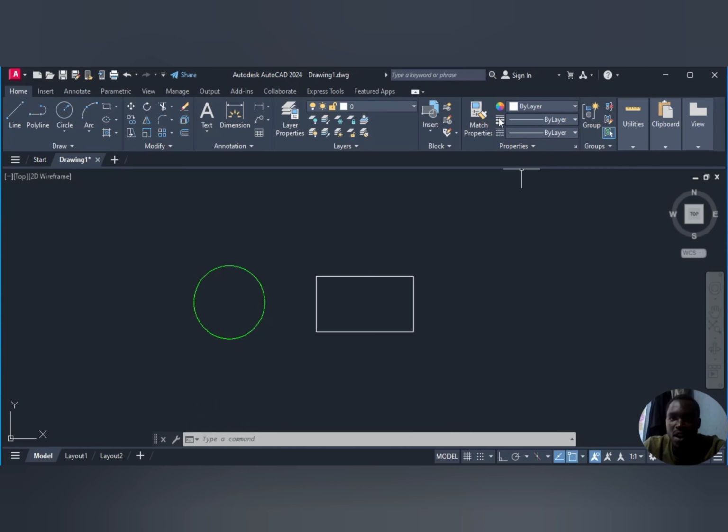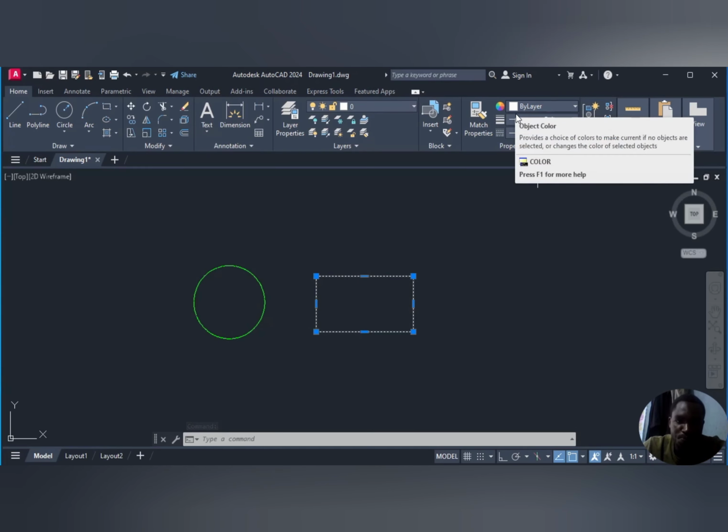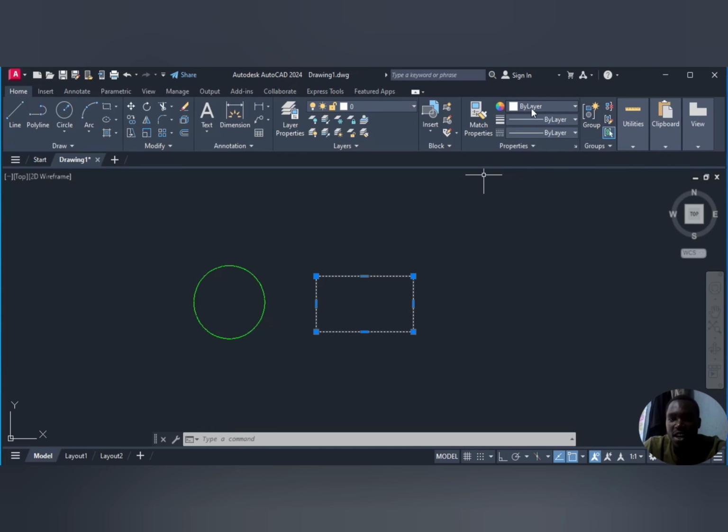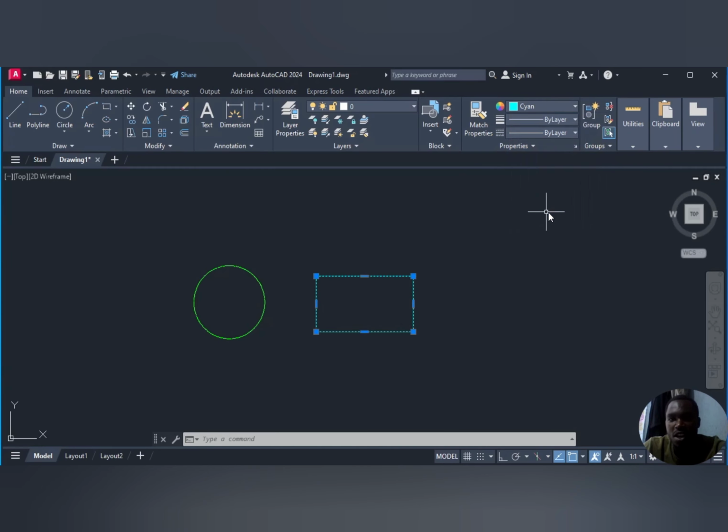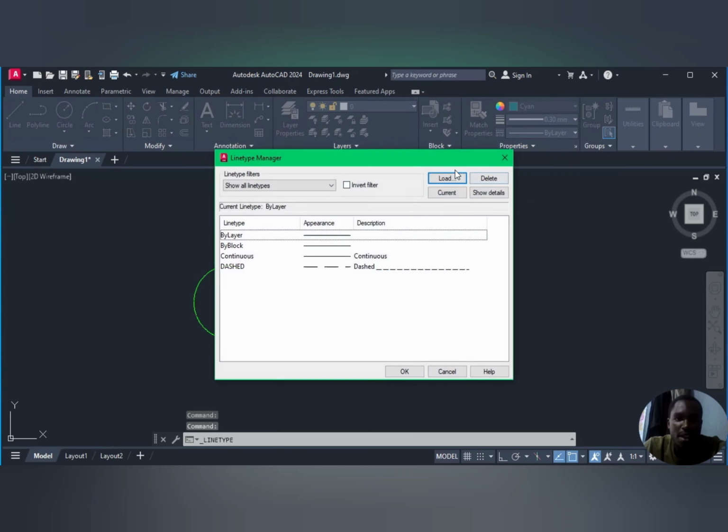Let's say we have another rectangle. We can also change the color of this one, maybe to red or cyan. We can change the line weight, maybe to 0.30, or we can change this one,